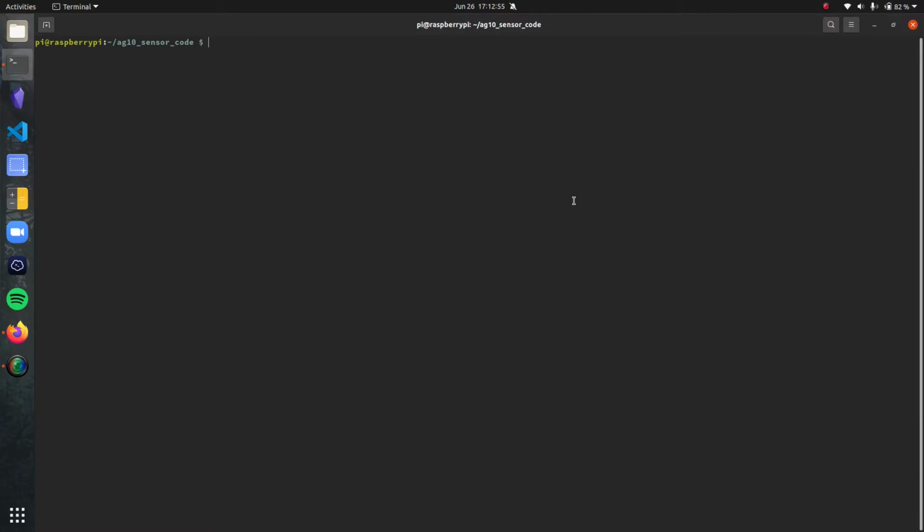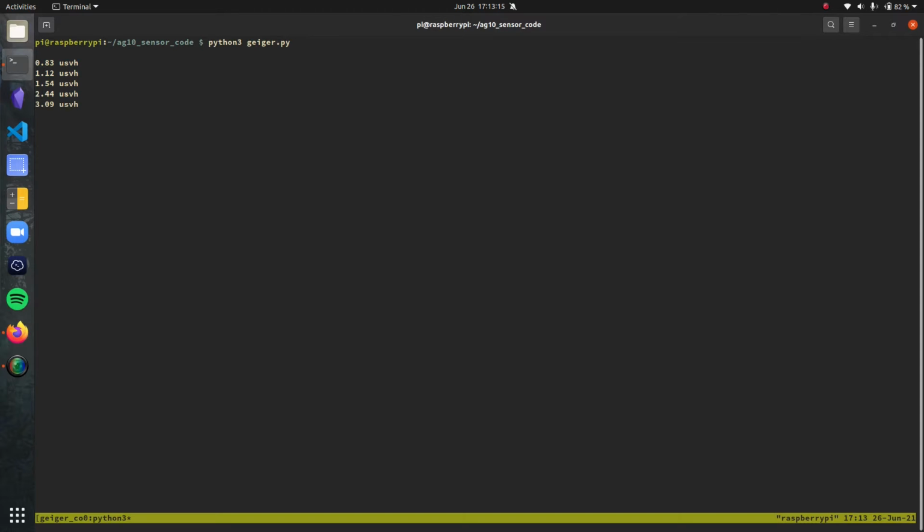Once the connections are made to the Raspberry Pi, this is how the whole setup looks. Okay guys, now that I've shown you the connections between the Raspberry Pi and the Geiger counter module and the DHT module, it is time for me to show you the values that I'm reading using these sensors. To do that, I have to log into my Raspberry Pi using SSH. I've done that already, so let me show you the readings that I'm collecting. These are the values that the Geiger counter module is giving me, and these are well within the normal ranges. The values are being printed simultaneously, and they are also being fed into the database that I've hosted online. Now I'll show you the values of the DHT sensor module.